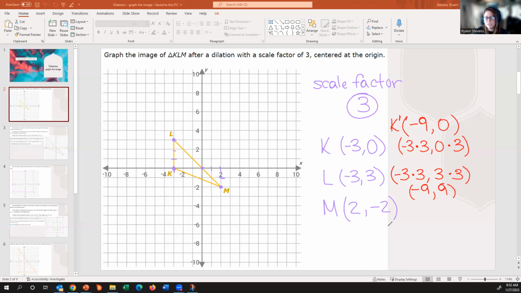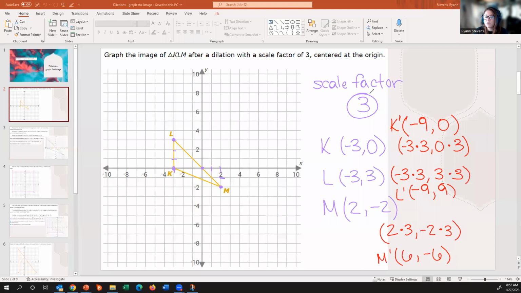For M, we do the same thing: 2 times 3 and -2 times 3. 2 times 3 is 6, and -2 times a +3, the signs are different, so this would be -6. Once we have all of our ordered pairs for our image,